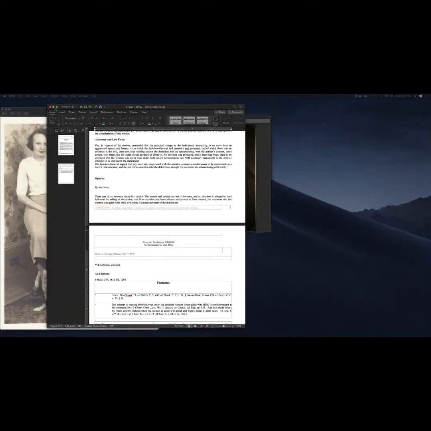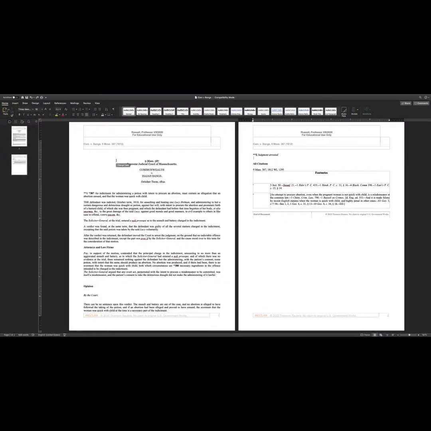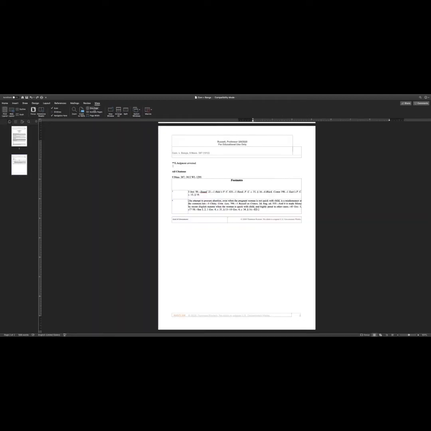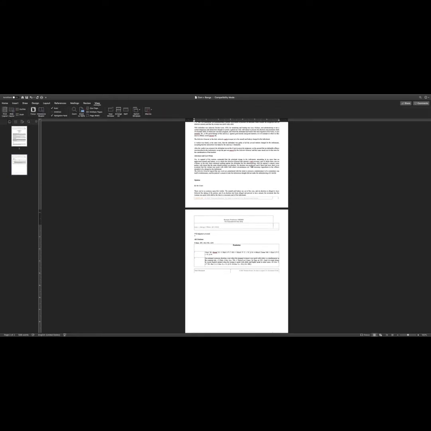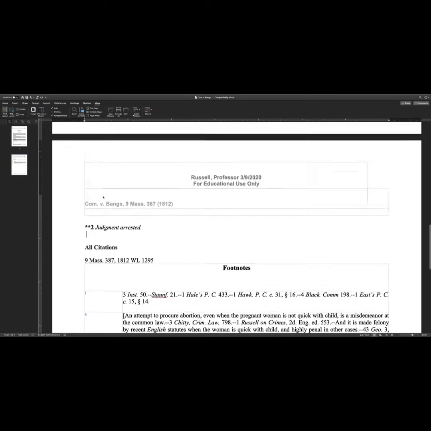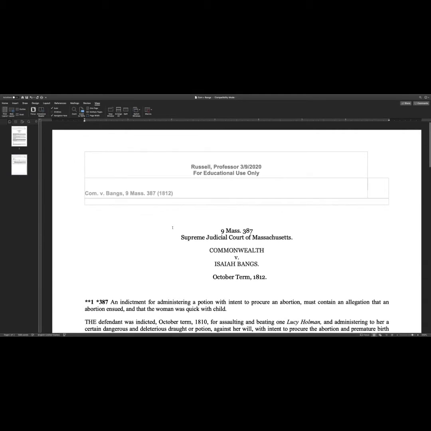And here I want to look at something that I learned about from Professor Hardaway, and that's a case from 1812 in Massachusetts. Let me view this with one page up and make this larger if I can. Let's zoom in, I'm sorry about this. There we go. Okay, so this is a quick little case from Massachusetts,